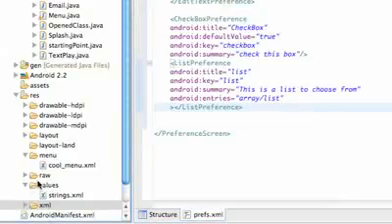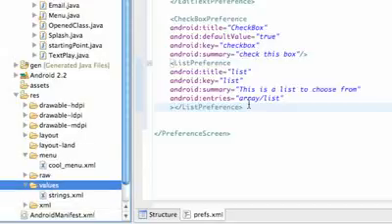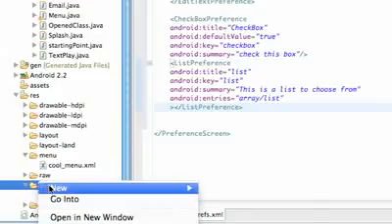Nothing too difficult. So we're going to go under our values folder right here, and this is where we're going to set up that array for the most part. This is going to be pretty simple, nothing difficult. And again, we have this array called list, so keep that in mind. So what we're going to do is we're going to say new